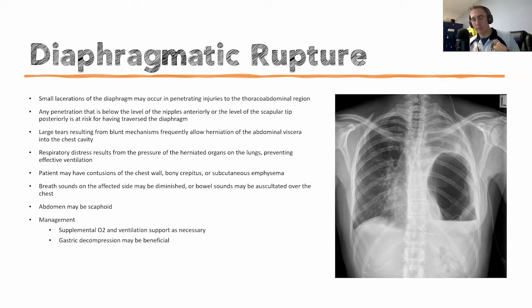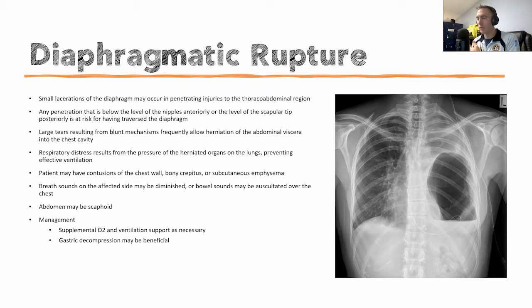Now, usually if it's penetrating, it's going to be small, but if it's a rupture due to blunt trauma, then abdominal contents, including the stomach, can actually herniate into the chest. How do they present? There's usually a contusion to the chest. History is key here. They may have subcutaneous emphysema, and it may present like a pneumothorax. You can have decreased breath sounds on one side, and decompressing the chest isn't going to help a whole lot here. So you may want to consider the history